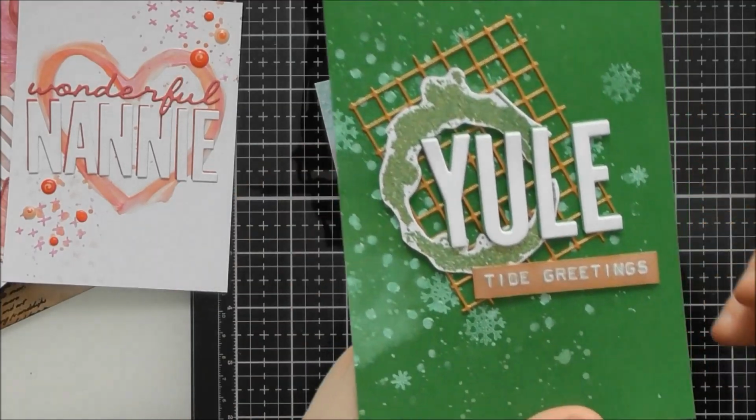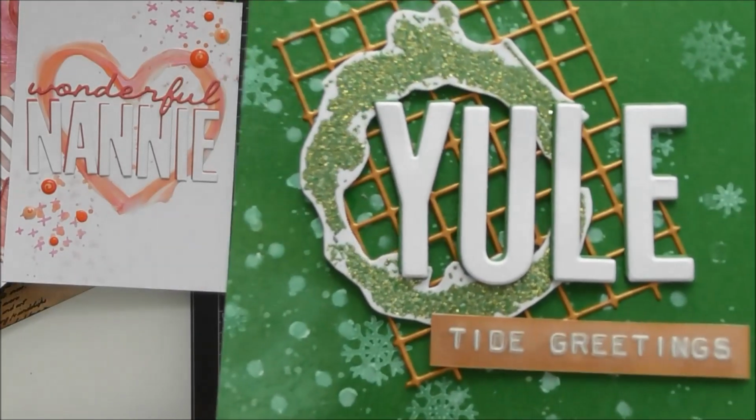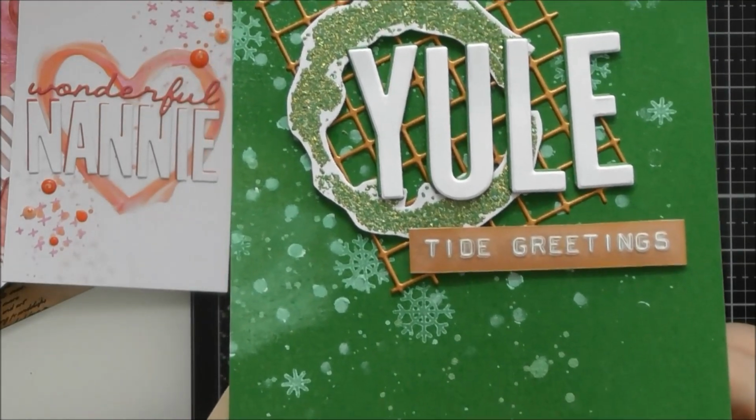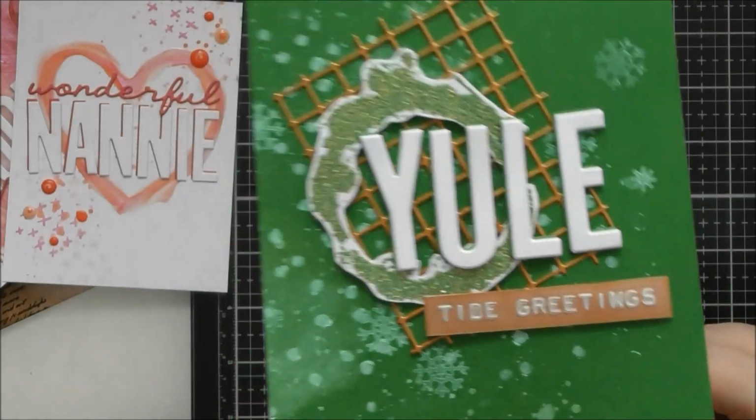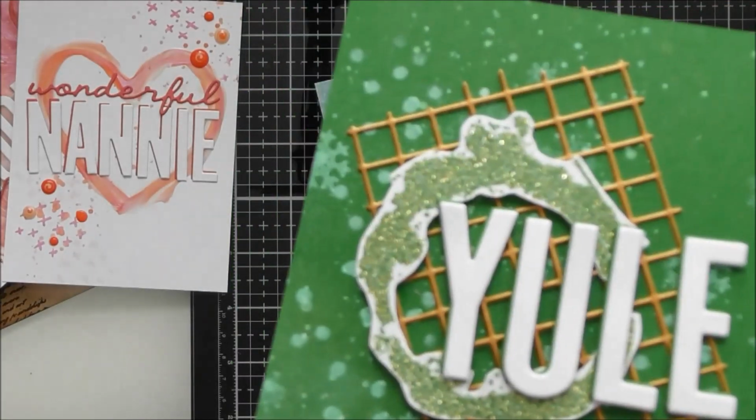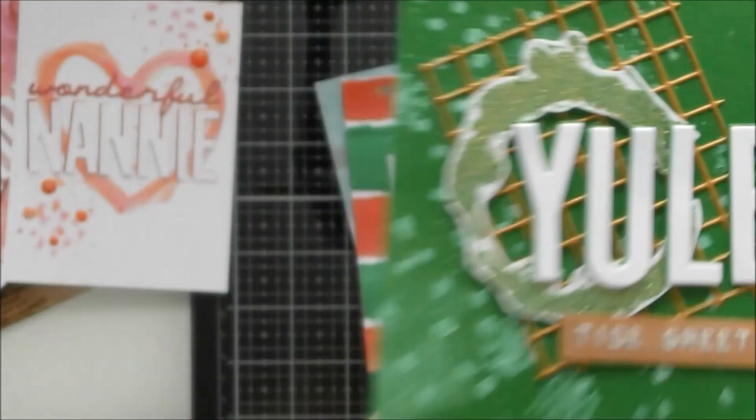Then I've got a couple of Christmas ideas. So this one you can spell the word Yule, and then I've just done Tide Greetings using my Dymo. So we've got Yuletide Greetings. I've used the gorgeous grid one in the background out of a pearlescent cardstock, and then you can see here